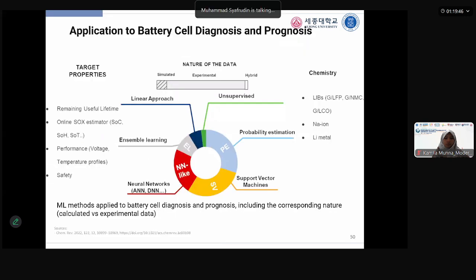And lastly, I think this is the most interesting part: AI for battery cell diagnosis and prognosis. Once we produce the battery, and the battery is being used in the market or by the customer, it is very important for us to have some diagnosis and prognosis. Diagnosis means we know the current state of the battery, and the prognosis is to